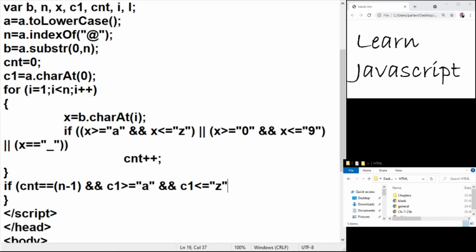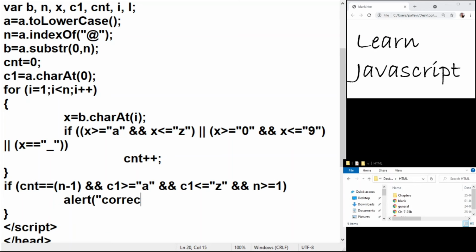Again, at this point, you can make a check that n should be greater than or equal to 1, because we need at least one character. So n is greater than or equal to 1. So we need at least one character before the at the rate sign. So then we can say this is correct.